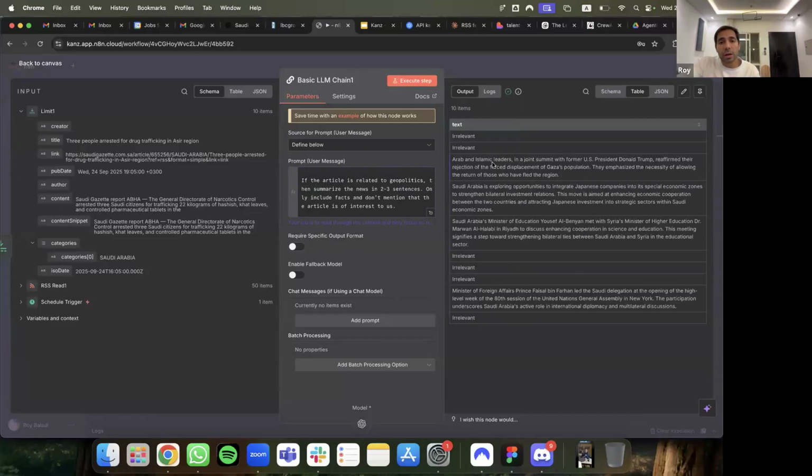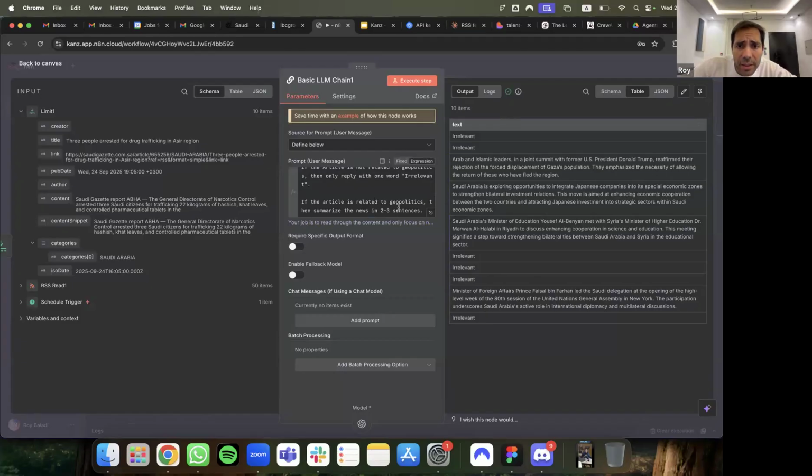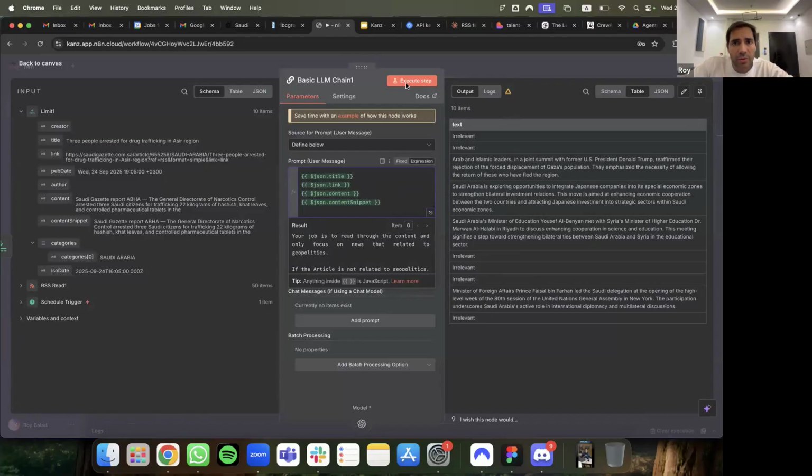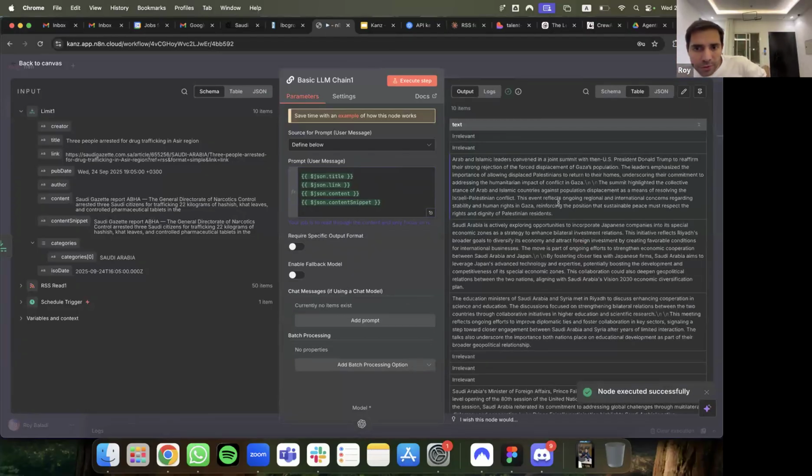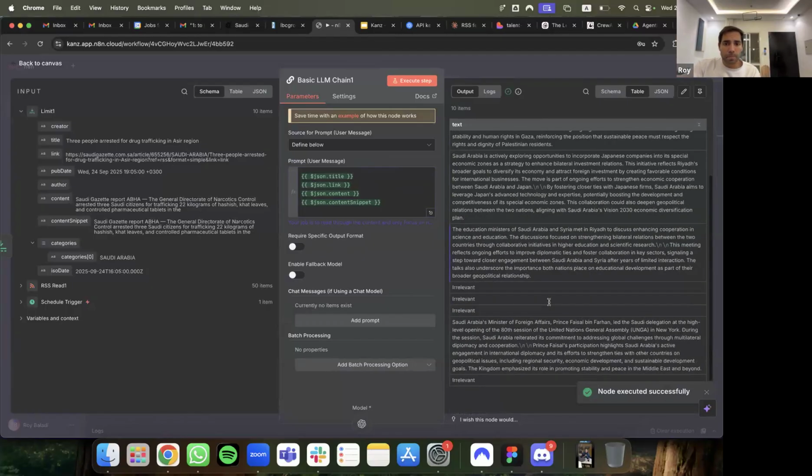So this is where it has opened the link, read the entire content of the article, and summarized it here, and told you what's not relevant. You could have said in 3 paragraphs and say execute step. You're going to get 3 paragraphs here for just these articles. You see? That's fine. You can keep it as paragraphs, as sentences.